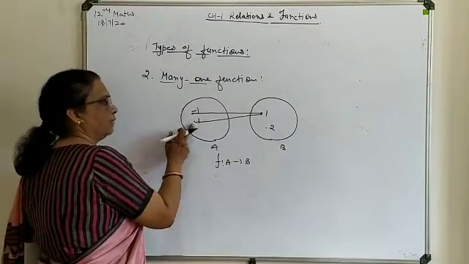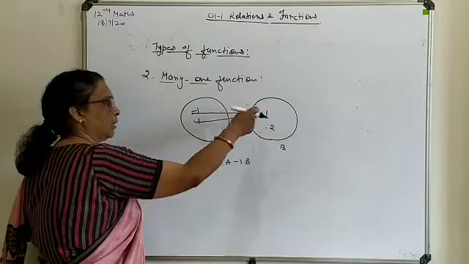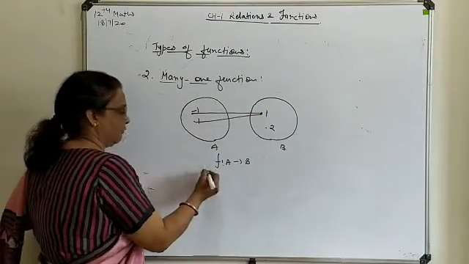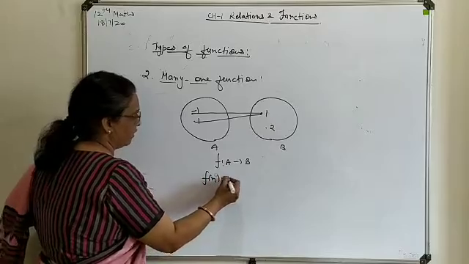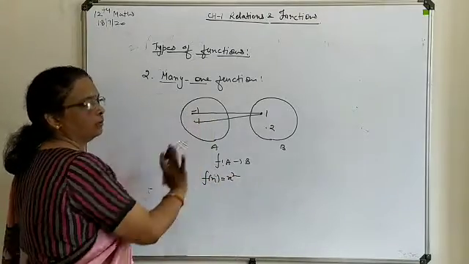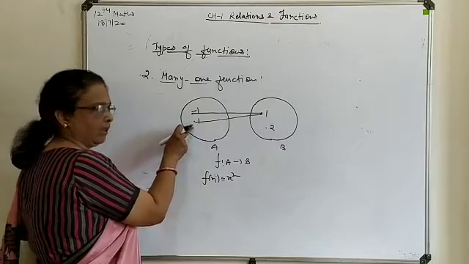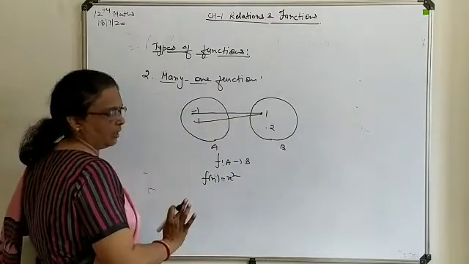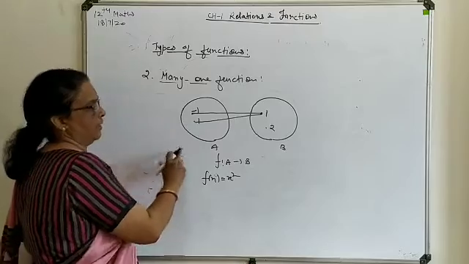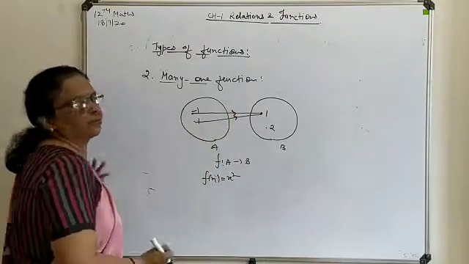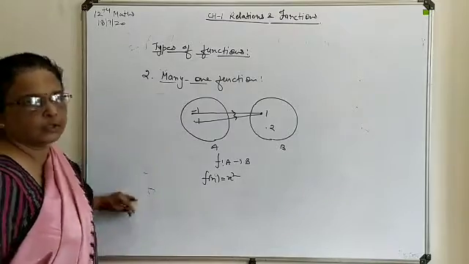In set A, here we are having two elements, -1 and 1. In set B, again we are having two elements, in which your f(x) is being defined in such a way that two are giving you only one answer. So here, more than one element having a single image in set B, that means it will be considered as a many one correspondence, and such type of functions are called many one functions.